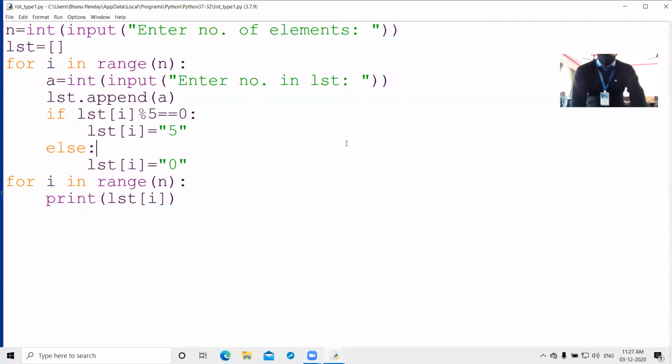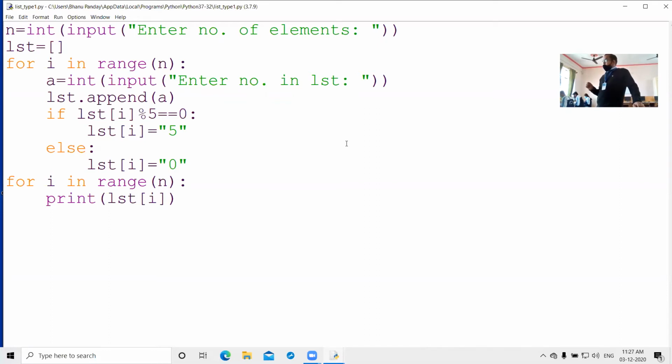Listen, students. First of all, you have to take a number like n equals int input enter number of elements. This n is for how many elements you want to take.